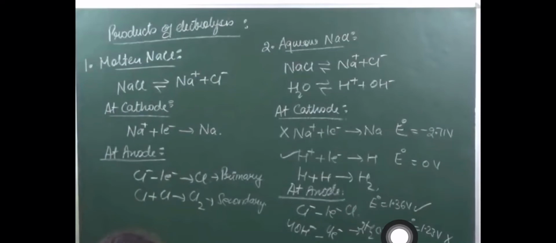Which process will be taking place will again depend upon its E0 value. So in order to decide which process is going to take place, again we have to see the value of E0 and E0. Over here at the anode, we have to see which is the more positive value from these two, 1.36 or 1.23? Definitely 1.36, right? So as the value of E0 of Cl is more, this reaction is going to take place at the anode.